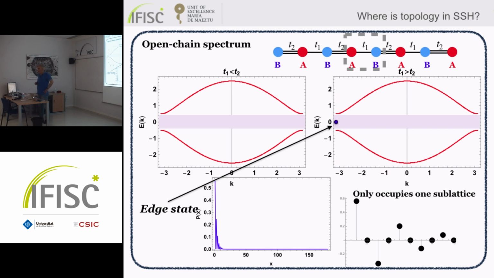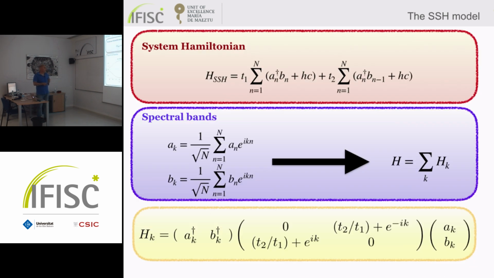Sorry for interrupting, a somewhat technical question. You were mentioning when you have the closed chain, that when you diagonalize, you apply these transforms and so on. But the closed chain gives a circulant matrix. In the open chain, the matrix is not circulant. Are you able to do the same procedure to diagonalize it? Yes. But not in the same way, right?